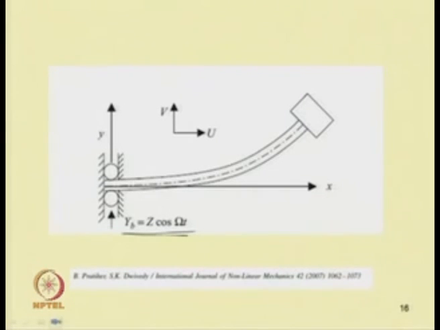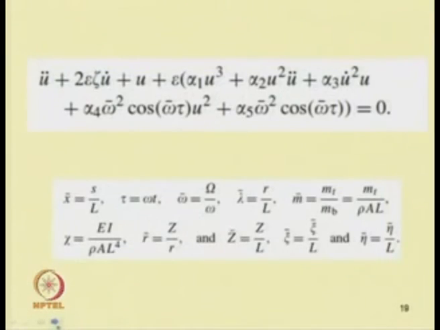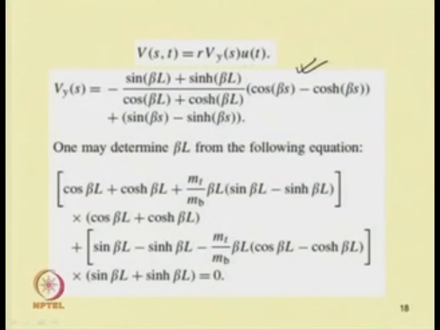So, after using all these and using this inextensibility condition, this is the condition for inextensibility, one can find the governing equation in spatio-temporal form in this way. So, after getting the equation of motion in spatio-temporal form, now by substituting this shape function, one can find the temporal equation of motion. In this case one has used this time modulation u(t), and the shape function.